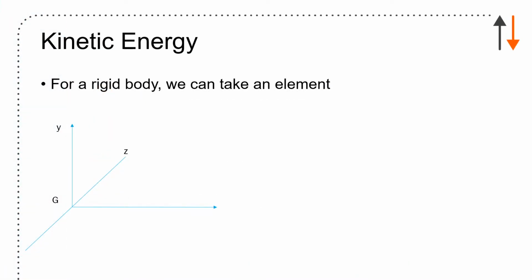For kinetic energy, we can take an element and say, okay, there's an element some arbitrary distance r from, say, a center of mass, and x bar, y bar correspond to the distances r in the x and y directions, respectively. With z, I'm not going to worry too much. This is still a two-dimensional world. And if I do that, I can say the velocity at the center of mass is v sub g,